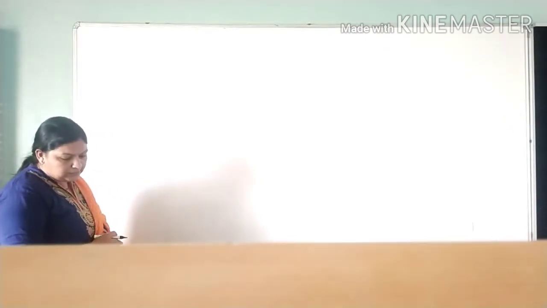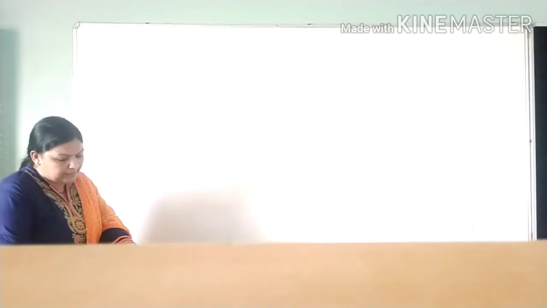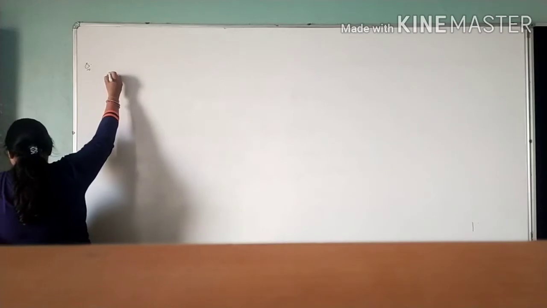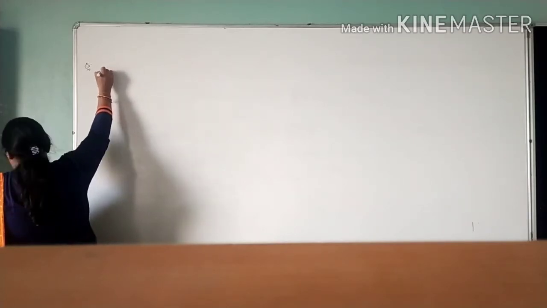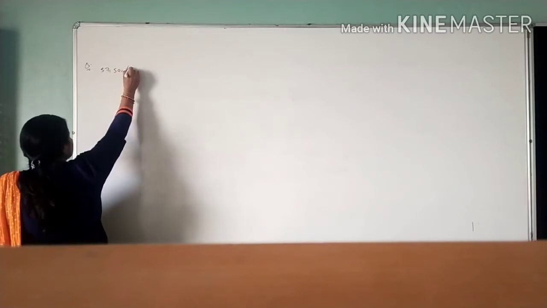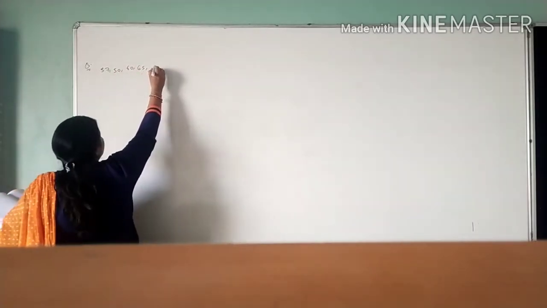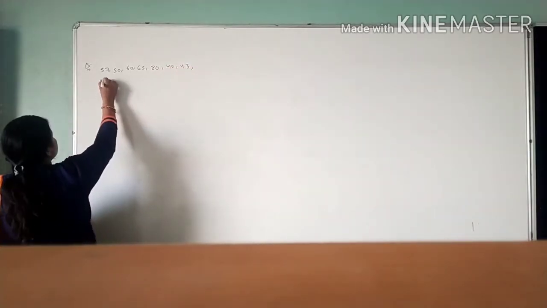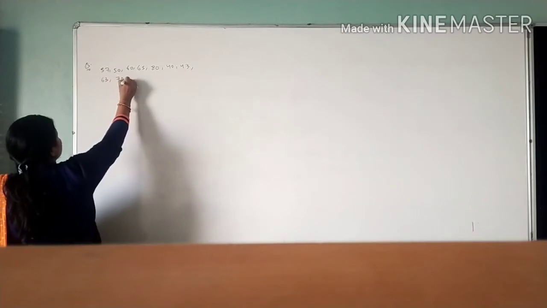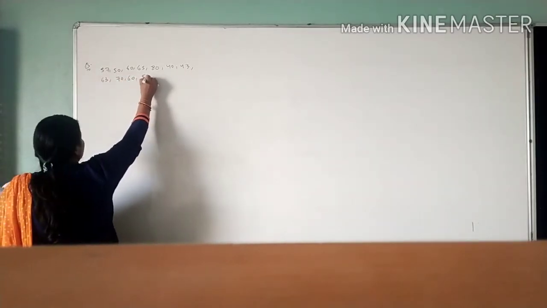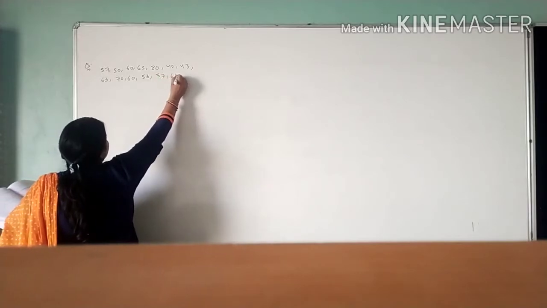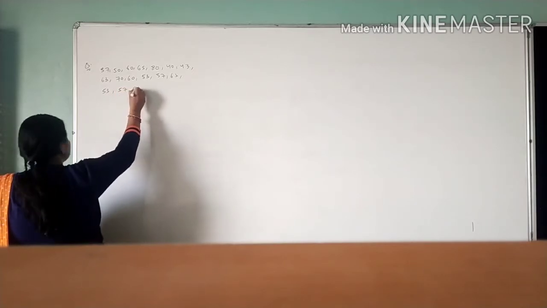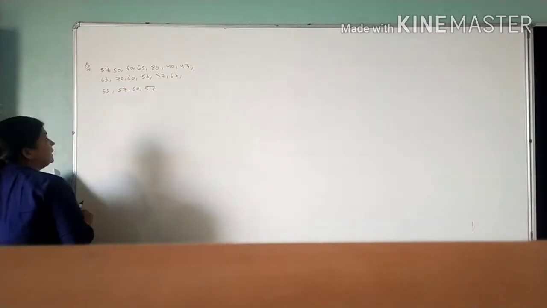Now, for that purpose, we can use this data. Next question. Data is 57, 50, 60, 65, 80, 40, 43, 63, 70, 60, 53, 57, 63, 53, 57, 60 and 57. Clear? ये डेटा हमारे पास है.